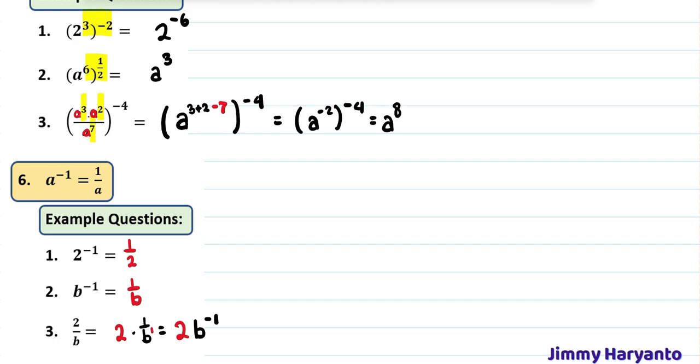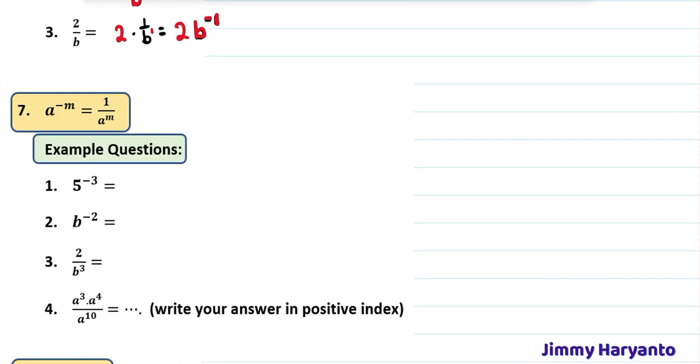Okay, but if you are confused with this formula, you can use this one also. So when you have b to the power of 1 at the bottom part, you can move it to the top. When you move powers to the top or down, you have to write down the powers as the opposite sign. Yeah, so when you have b to the power of 1 at the bottom part and you want to take it to the top part, you can do it, but you have to write it as negative 1 like this. Yeah.